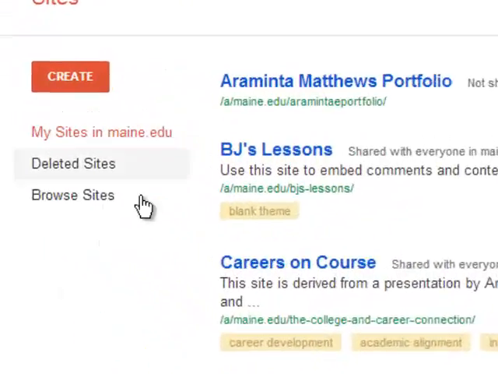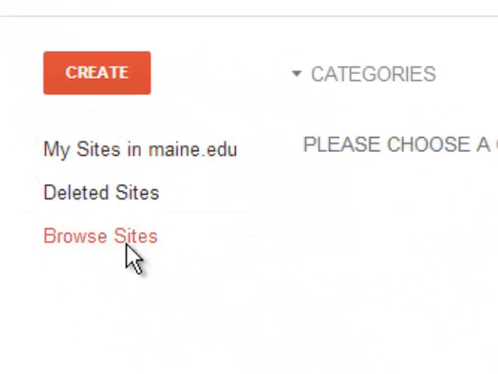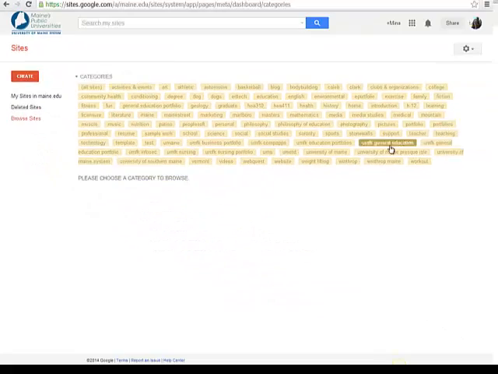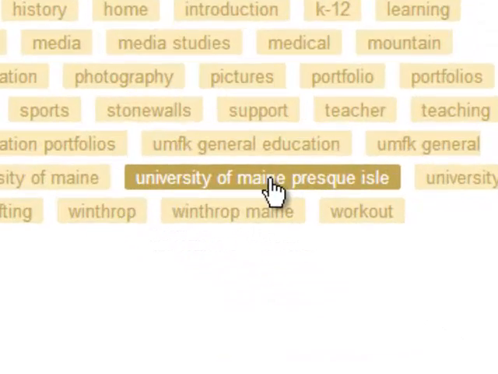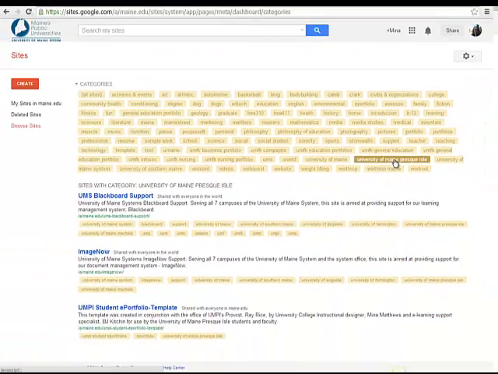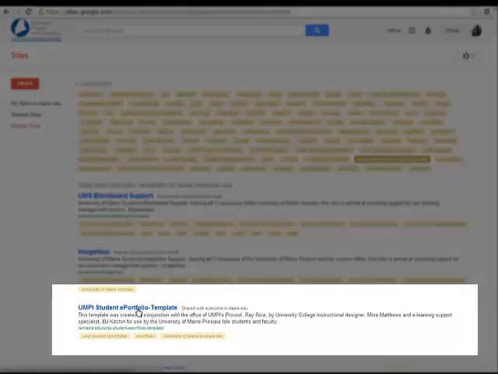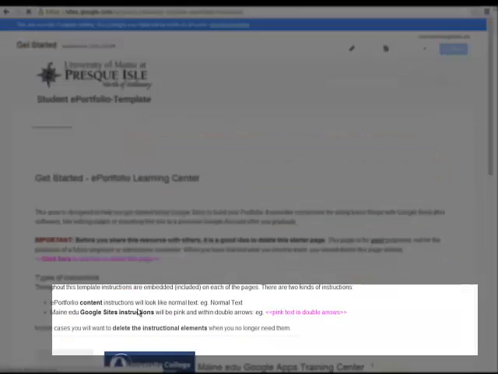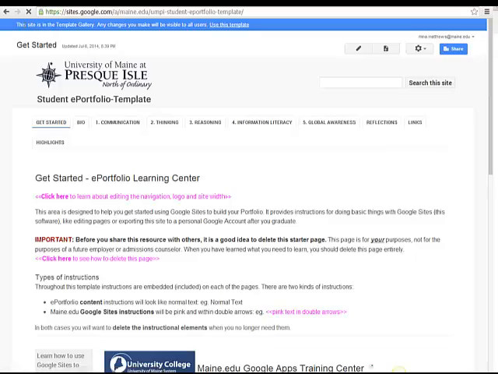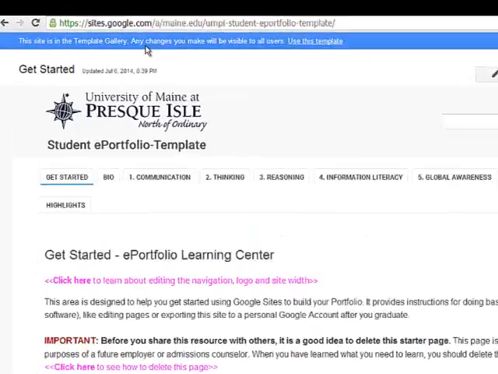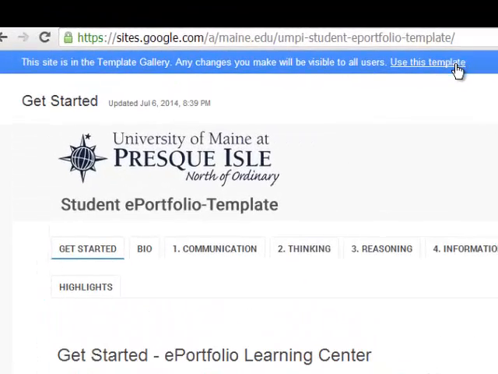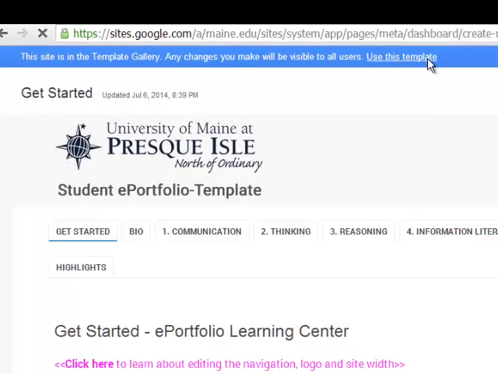In order to find the template, click Browse Sites, and then search the categories until you see University of Maine Presque Isle. Once you click University of Maine Presque Isle, you will see UMPI Student ePortfolio Template. Click on this, and then from here, notice at the top of the screen, you have the option of using this template for one of your own sites. Click Use this template,